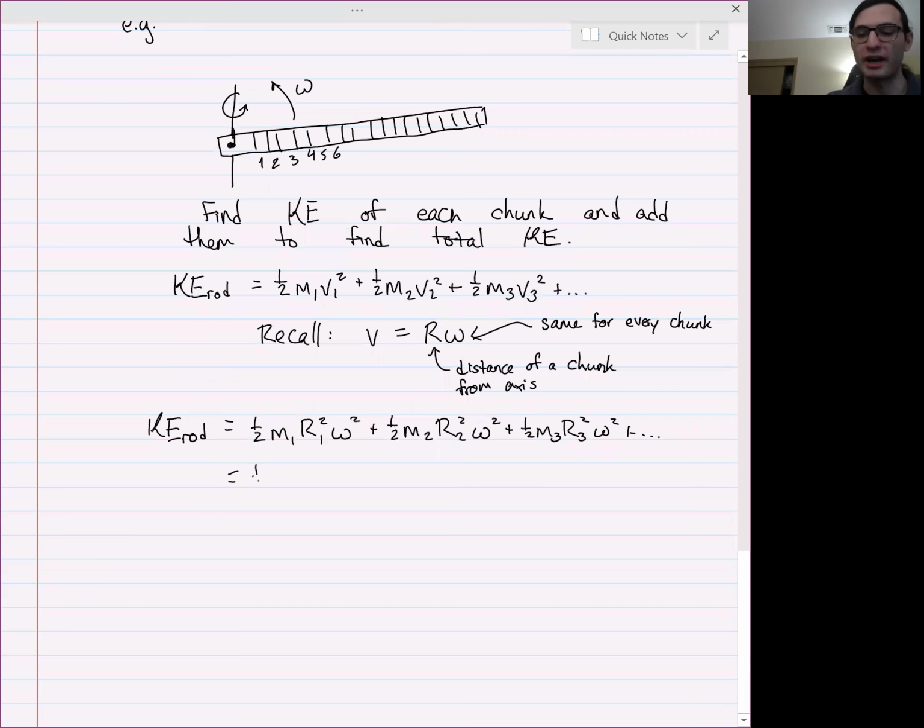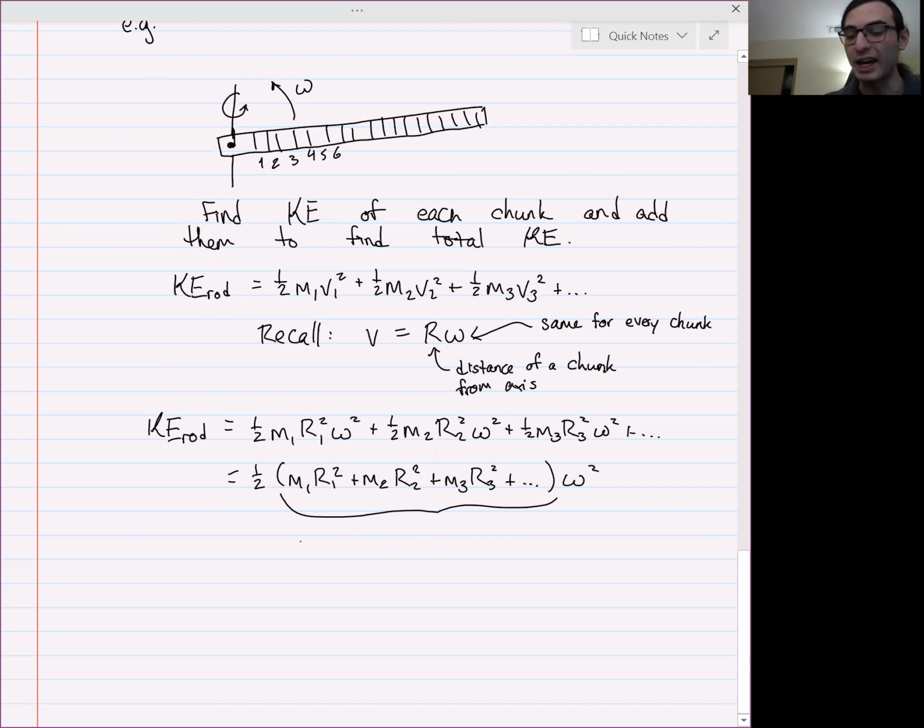We get 1/2 times M1 R1 squared plus M2 R2 squared plus M3 R3 squared plus so on, times omega squared. And so this thing that is multiplied by omega squared and by 1/2